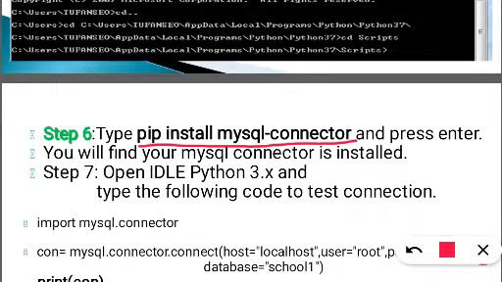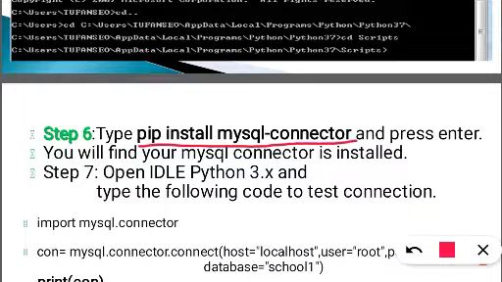The moment you write it and press enter, because this MySQL connector is not at all installed earlier in your PC, you will get a screen showing that it has been downloaded and installed. So with this, the connection was installed.